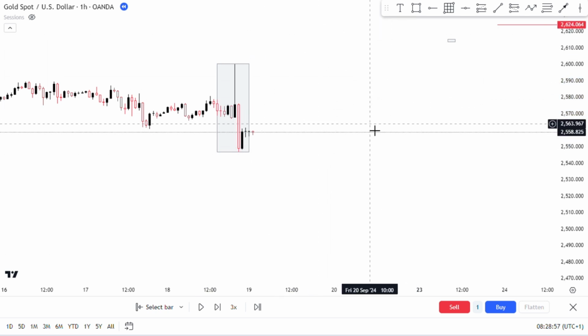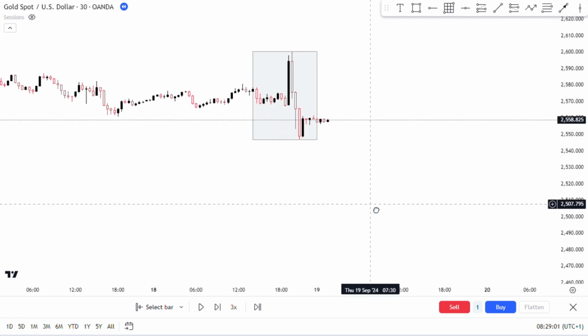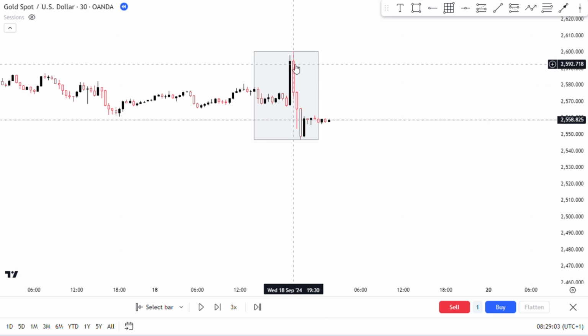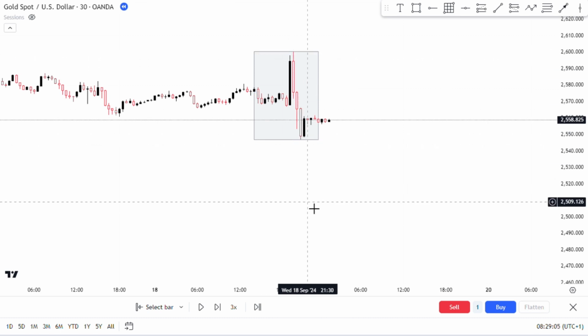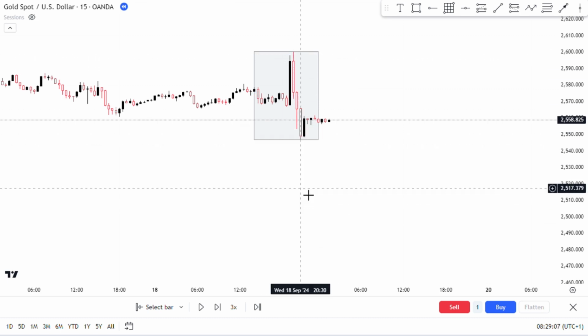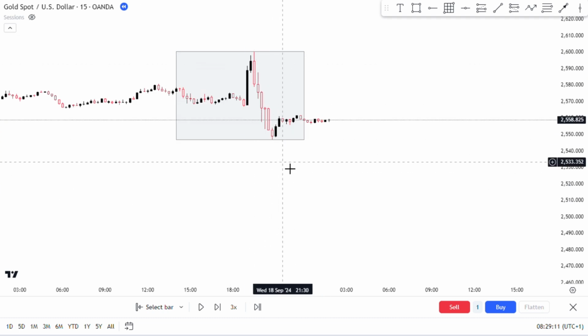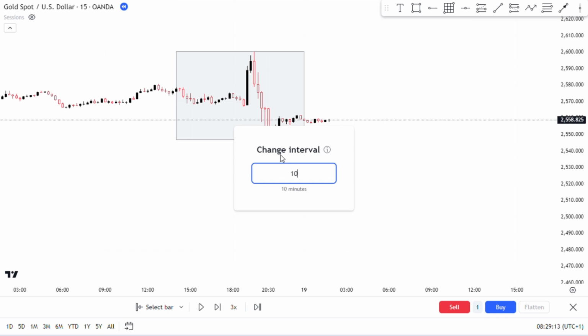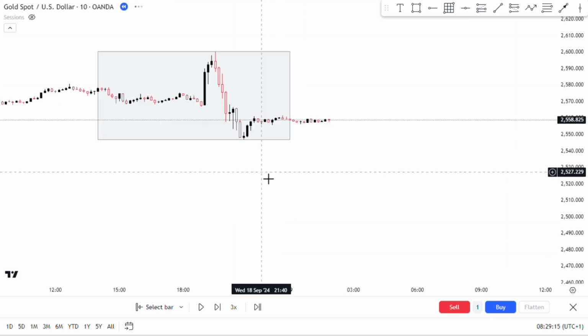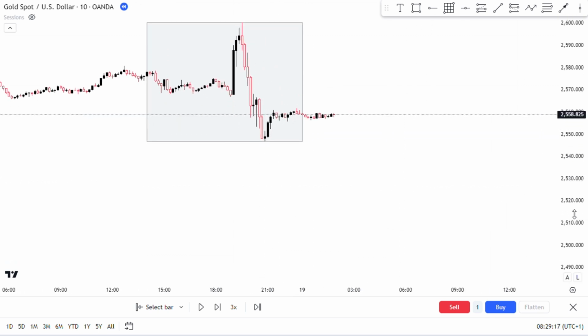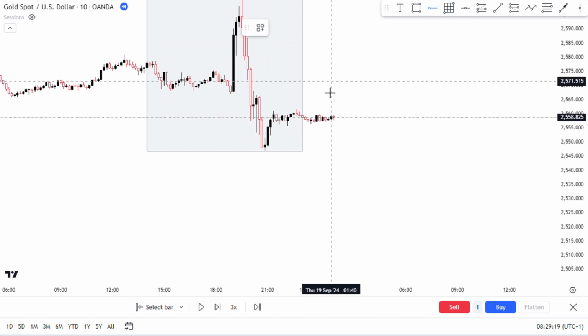So let me move down to the 30 minutes time frame. Okay, on the 30 minutes time frame, there's not any opposite candle from this particular high to this particular low. Let me check out the 15 minutes time frame. Okay, on the 15 minutes time frame right now, there's not any opposite candle. Let me check out the 10 minutes time frame. Okay, on the 10 minutes time frame right now, I have my first opposite candle, which is this particular